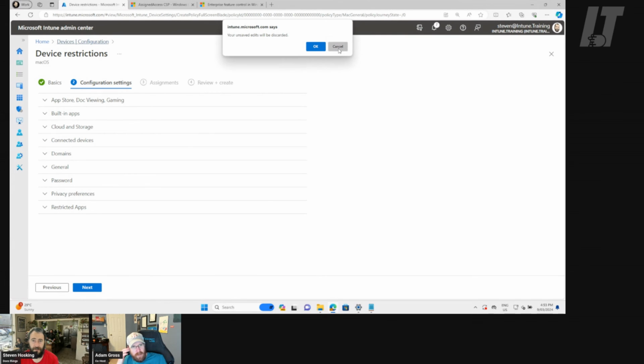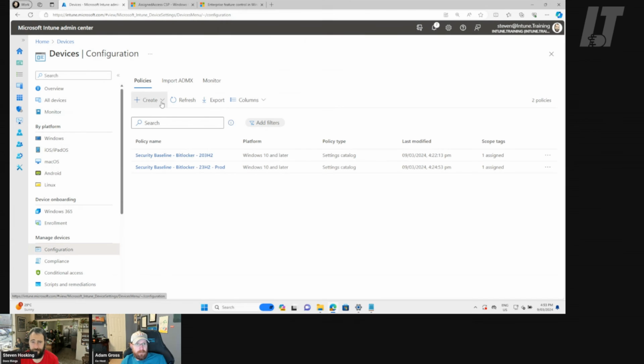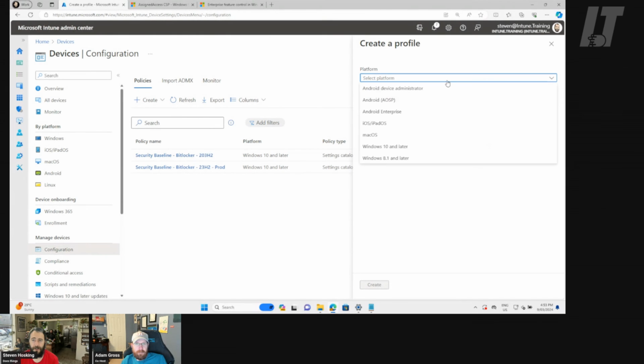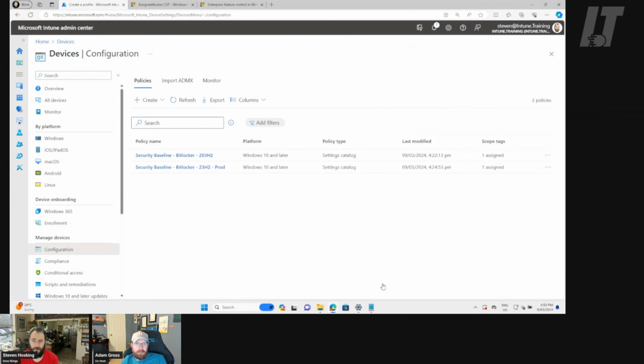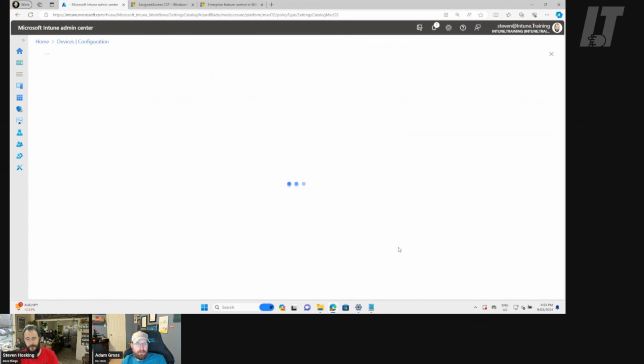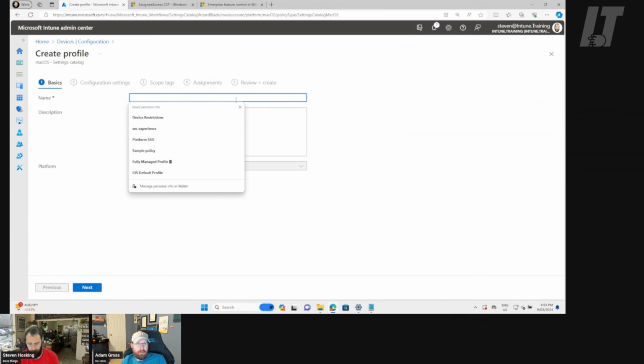So then let's look at the settings catalog for Mac. See what we've got there. That's the interesting one. So we go here and we go macOS and we're selecting settings catalog. We go and create in there. And what this is using under the hood,